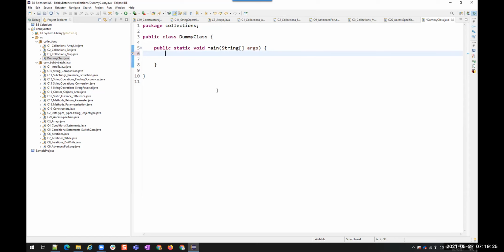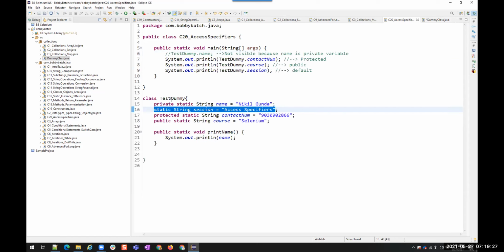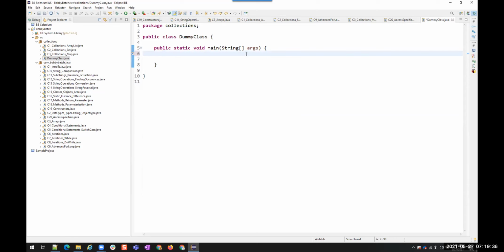It's not C20. Inside C20 we have another class. This is test dummy. Variables are inside this, right? Test dummy dot. Okay, we have to import this test dummy because it is in another package. Test dummy.